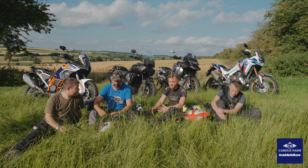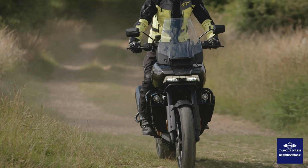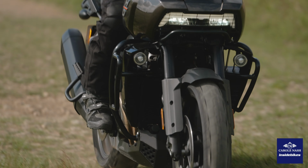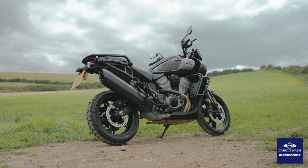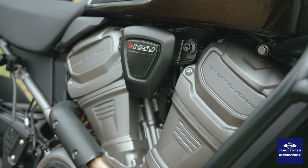But saying that, the Harley was really impressive, I thought. Compared to preconceptions, you never know what you're gonna really get. It's their first attempt at it, but that engine is absolutely gorgeous. That V-twin, I've really enjoyed it. It's really unexpected, and it absolutely hauls from 6 to 9,000 RPM, and you go, I'm not really riding a Harley. It's so quick. The engine stands out on the Harley, and it's a credit to them. It's a good effort at a first